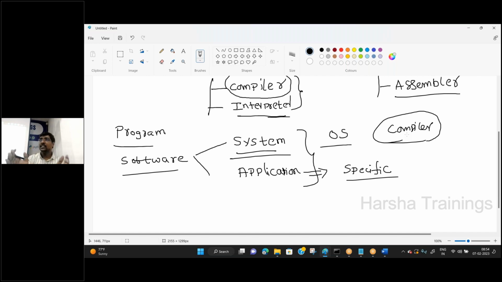System software is a software that is designed to run the application software. Application software is a software that is designed for a specific purpose. Okay. Now,